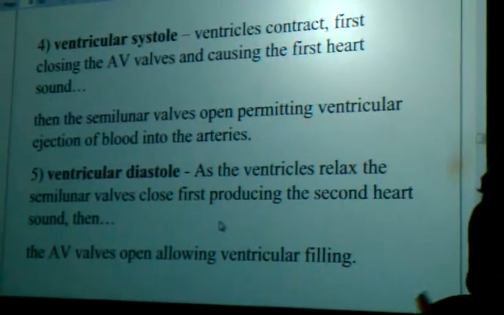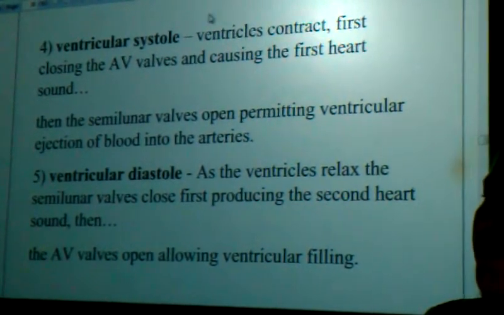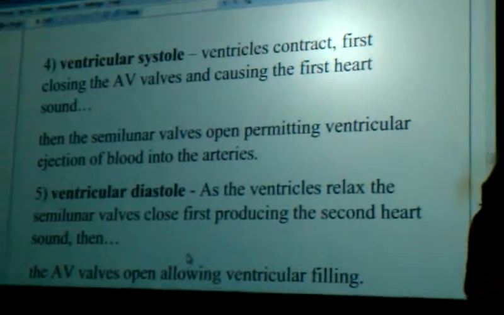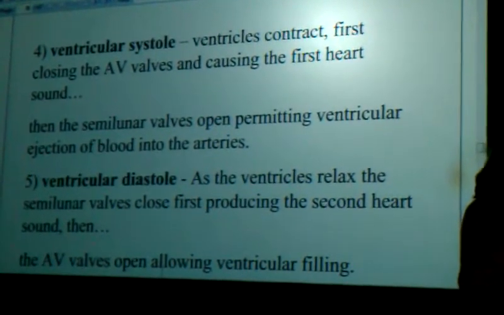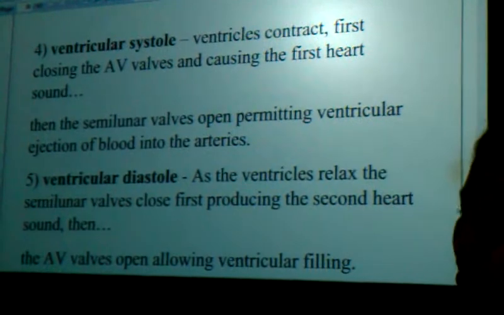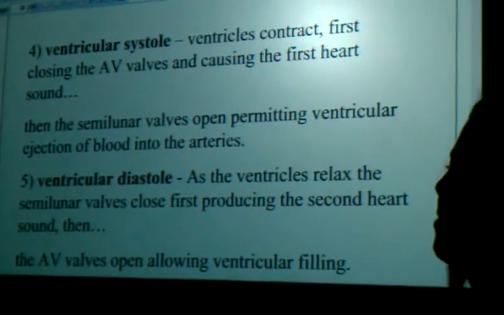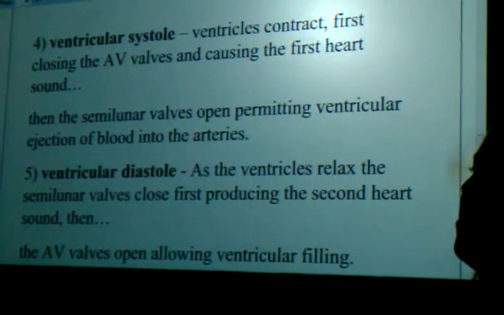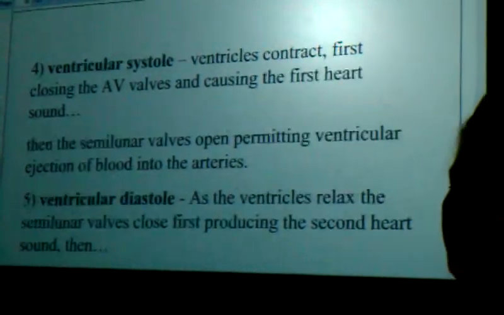Because remember, we had atrial diastole just before, and now ventricular diastole. And for a really short time, atrium and ventricles will be relaxed at the same time, and 70% of the heart will be filled. So we go from ventricular diastole back to the quiescent period. Okay, so that is our cardiac cycle, and I'm going to stop here because I want to find a video